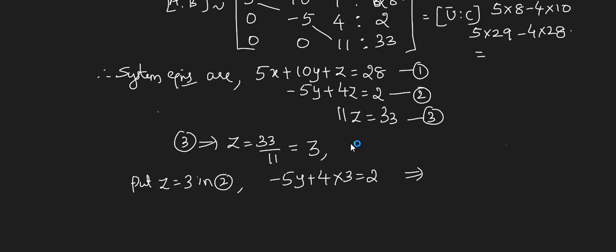Better I shift it here. So plus 5y will be, this is 4 3s are 12, correct? Then I have to shift this 2 here, so it becomes minus 2. How much? 12 minus 2 is 10. So what will be y then? 2. Done? Now, tell me what is one more step.